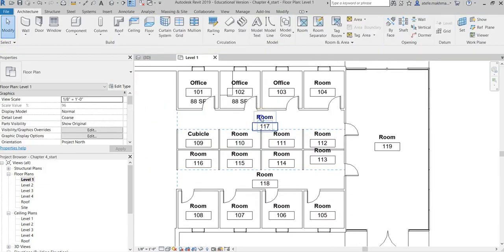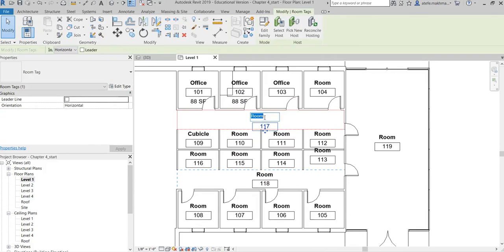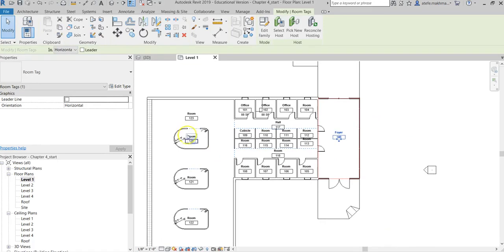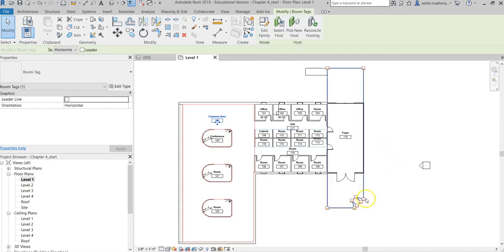Hit escape to get out of the room command. I'm going to change this one to hall. One is a foyer. And this is the conference room. And this is, okay, so I have created my rooms and room tags, but let's create a schedule and see how we can